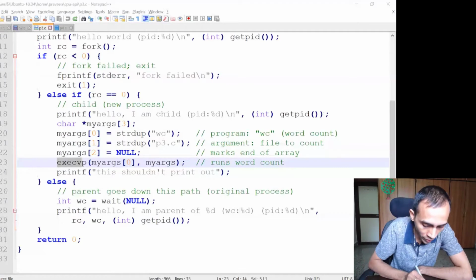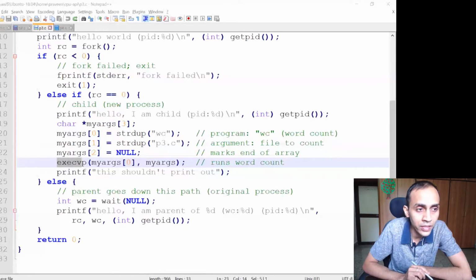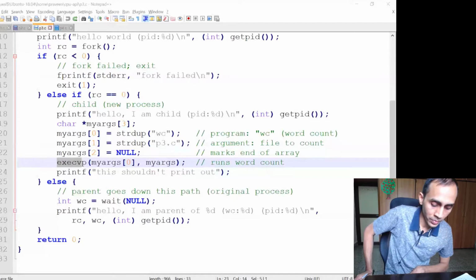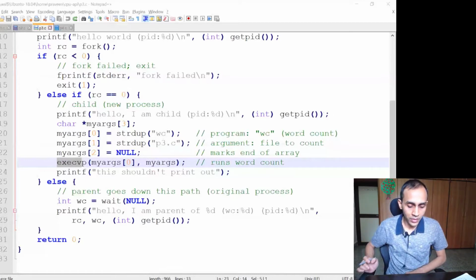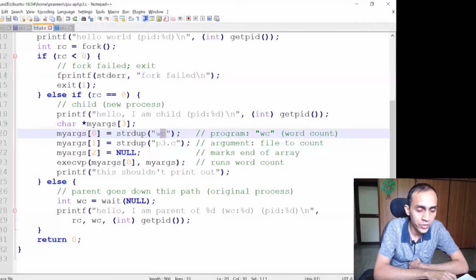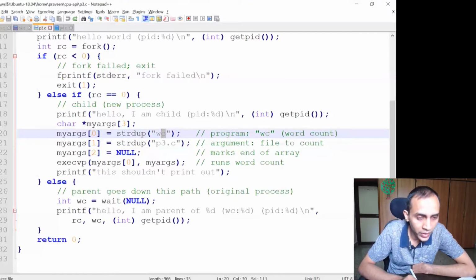Normally you have to give the full path, but certain standard commands like ls and wc are stored somewhere in bin, and there is a path file where the paths of all these standard executables are already stored, so the OS can search them automatically.